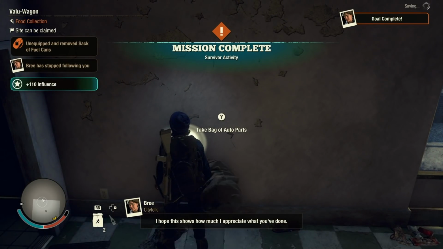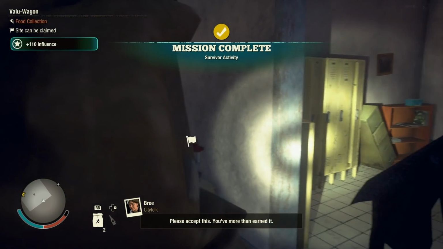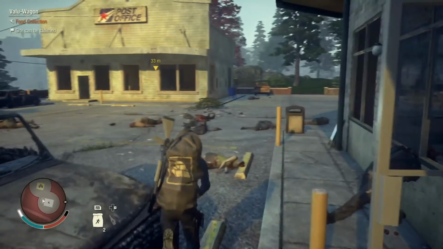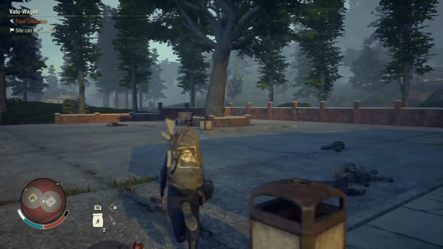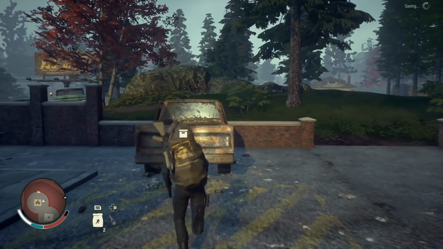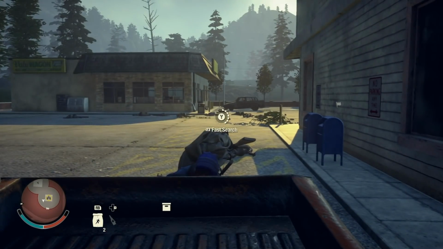Ooh, we got... What a trade. What a trade. More than earned it. That's what I'm talking about. So they basically just generated us a material rucksack and gave us 110 influence. That is quite the deal. Quite the deal, boys. And yes, we're going to need...